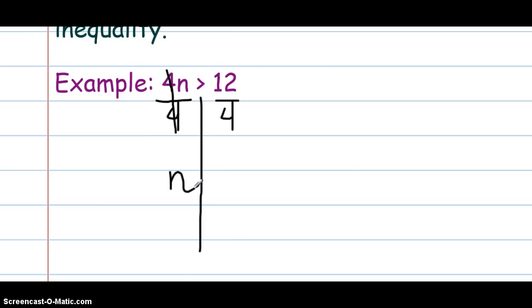The sign I'm going to use is not an equal sign because in our problem it's got a greater than sign. So we're going to keep that same greater than sign for part of our answer. Then we solve the part for 12 divided by 4, which gives us 3. So our answer we get is n is greater than 3. After you solve and get your answer,